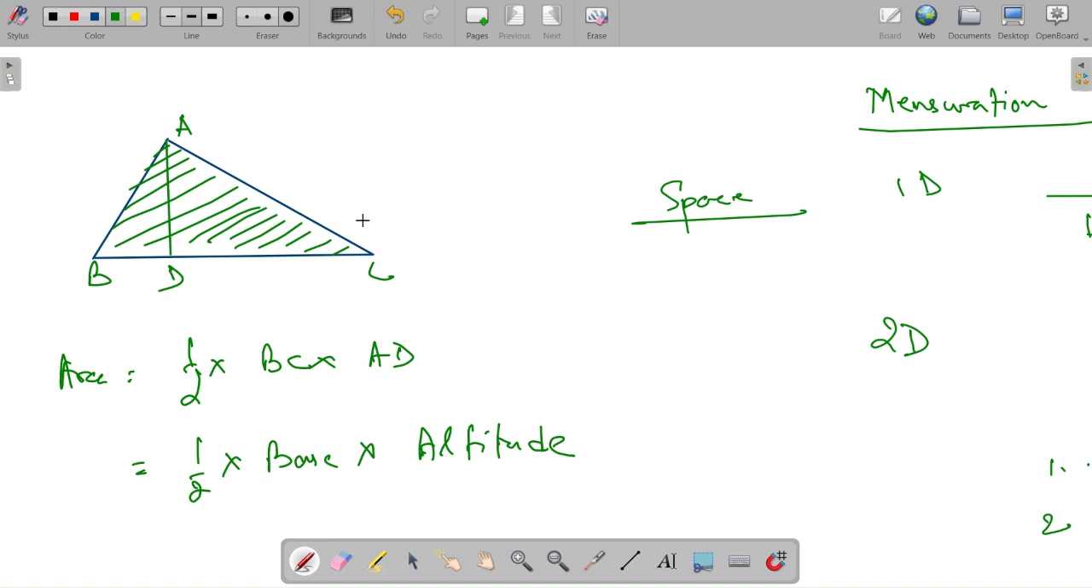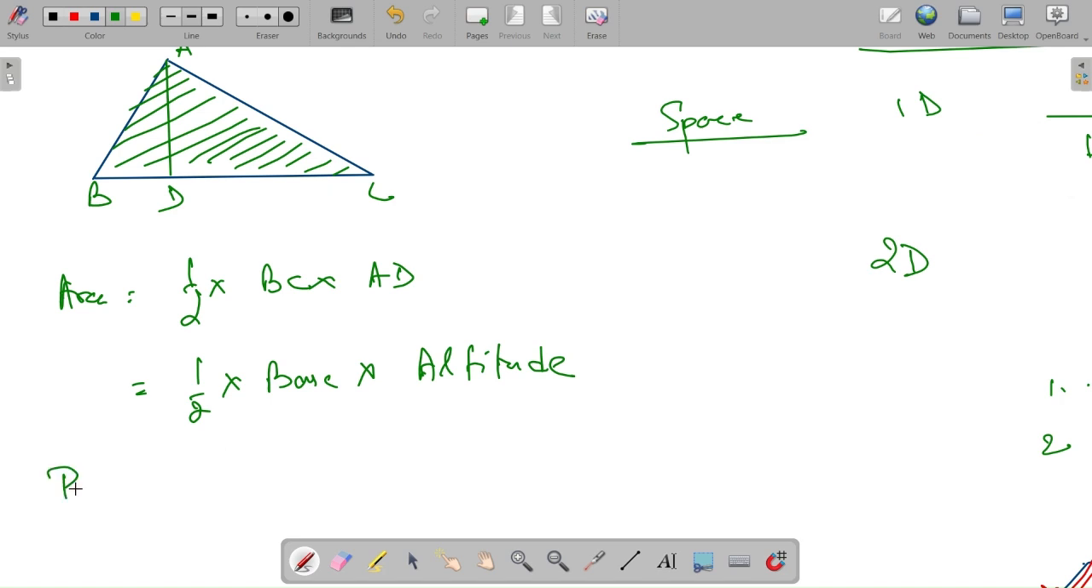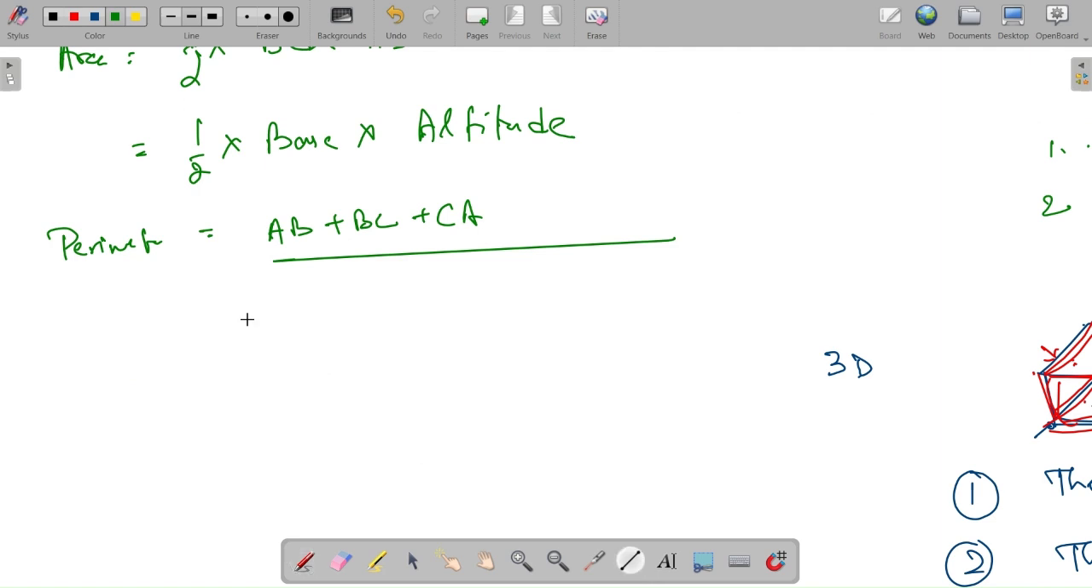What will be the perimeter? It will be length of AB plus BC plus CA. So you got it? Correct? Now we have a few kinds of special triangles. What are they? The equilateral triangle. What is the equilateral triangle? Each side is of the same length. Say a, a, a. Correct? So therefore, what we have, the perimeter will be